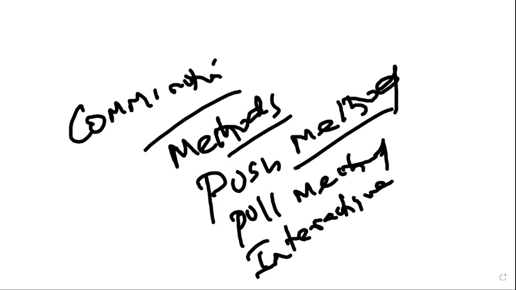Either it can be one-to-one format, or one-to-group format, or group-to-group format. It can be a video-to-video format, audio-to-audio format, or physically face-to-face. So the interactive method will be a very good method. You need to have recipients. But one of the drawbacks is that